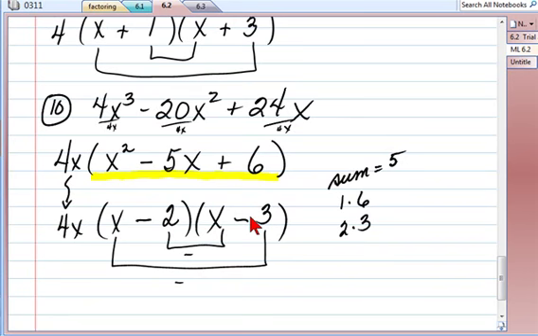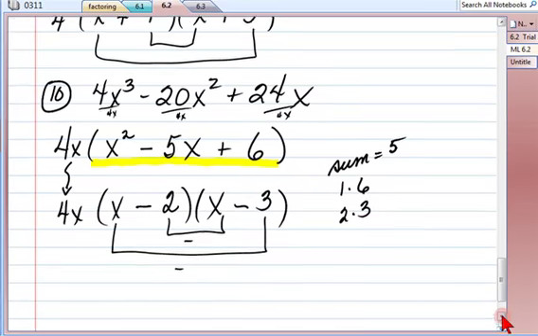Now, you have to be so careful on this one because 6 is a weird number when it relates to 5. The sum of its factors equals 5, but the difference of the other factors equals 5. So you have to be careful. What tells you it's a sum? Signs were alike. If the signs are alike, you add the numbers and keep the sign. Is that okay? All right, let's